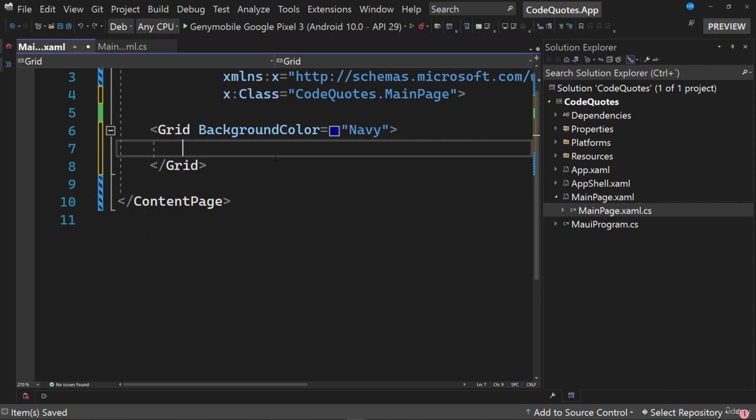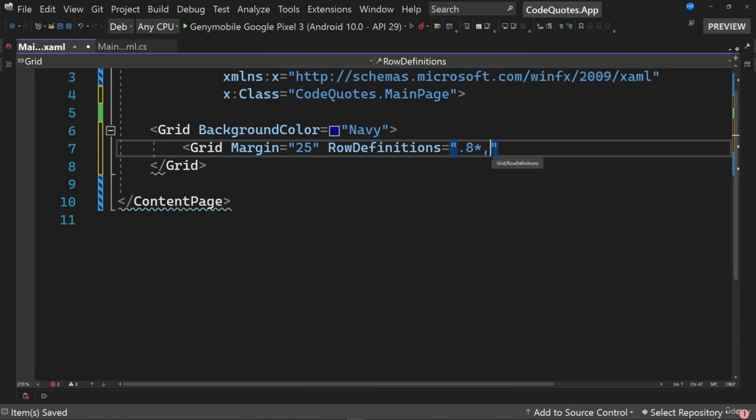The background is the color that we are going to change dynamically as we press the button while we generate new quotes. As part of this grid, we will create an internal grid that will contain both the quote and the button, and therefore we will indicate that we want a margin of 25 units and also define a couple of rows to divide the section of the quote and the section of the button. Let's assign to the first row, for example, 80% of the available space,